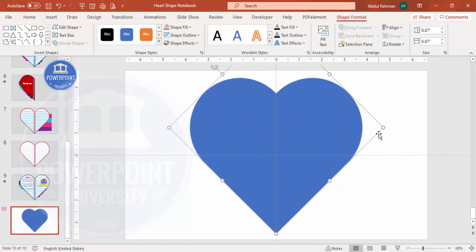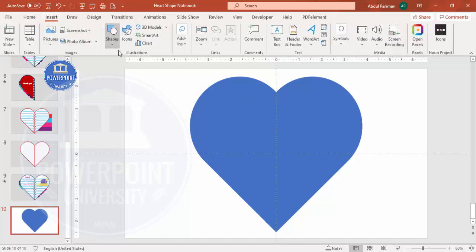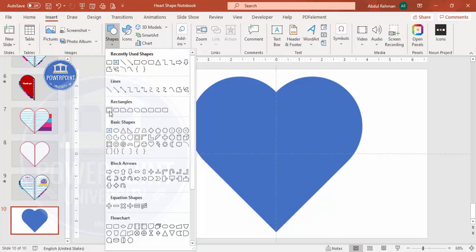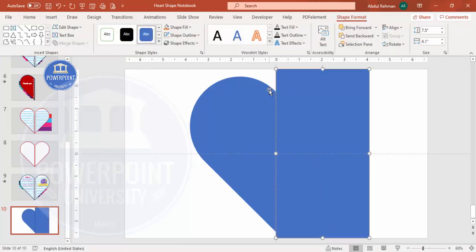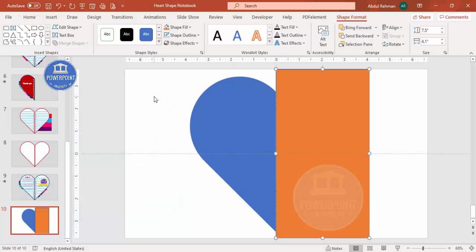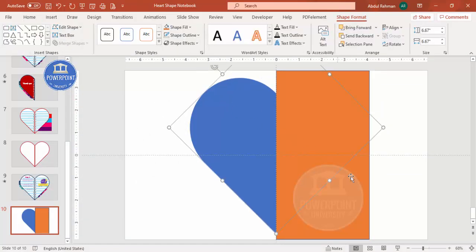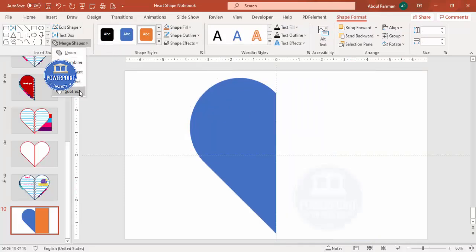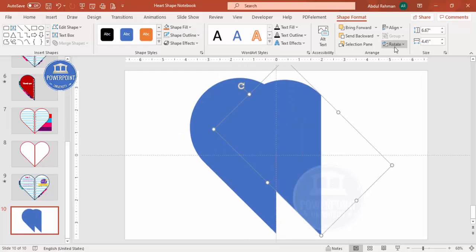I need. Then I'm going to cut the heart into 2 pieces. So let me go to Insert Shapes and select this one. I'm only going to select that half part. Let me give it a different color. The other part I'm going to delete. So let me select this, hold the Shift key and select this one, Merge Shape. I can make it Subtract so it becomes only half,